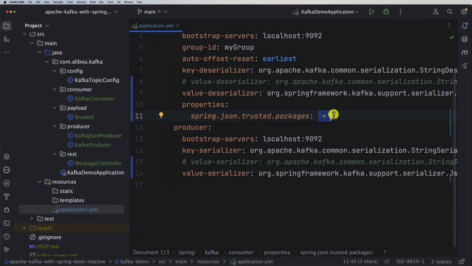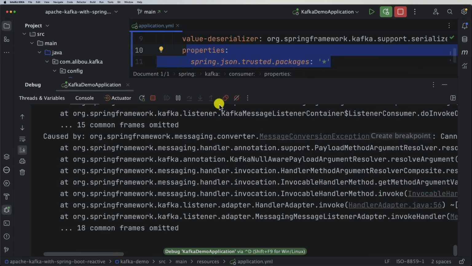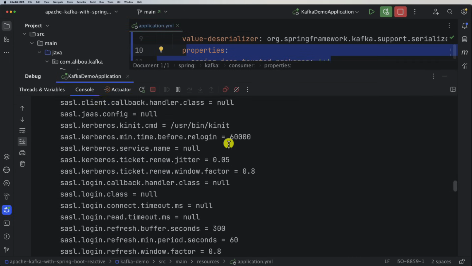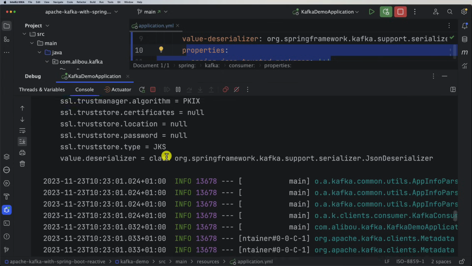In colons, sorry, not commas, but a star in colons, and now we will be able to trust this package. So let's start our application again and see if this property works. So I will start the application, and now let's see if we have something different. So yes, we have something different, and here if you scroll down to the logs, we will see that we